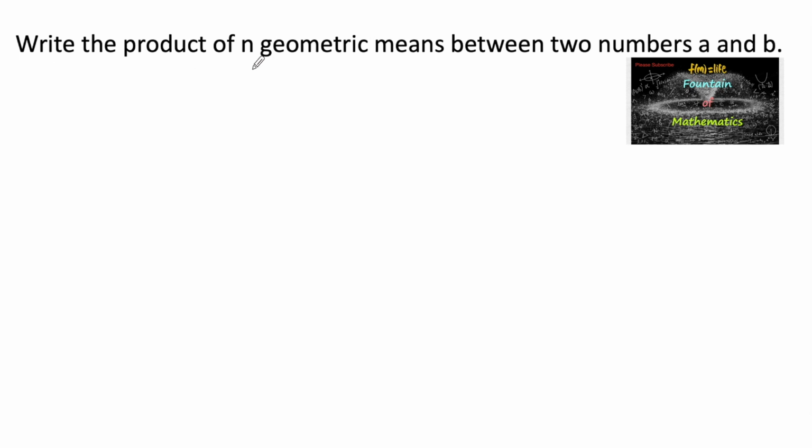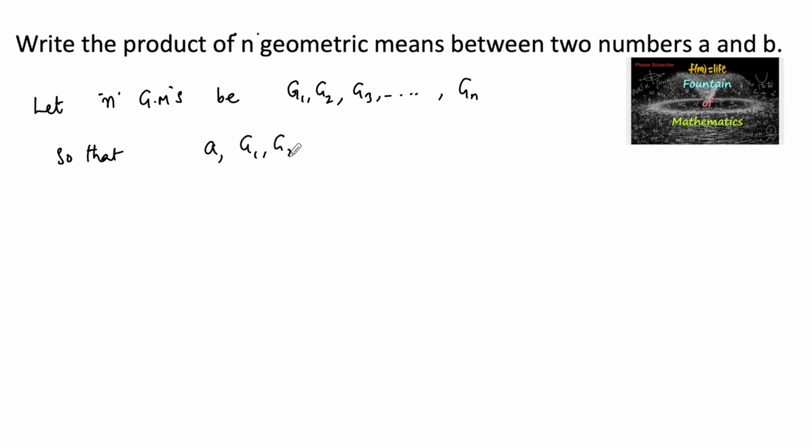Write the product of n geometric means between two numbers a and b. Let us consider n geometric means g1, g2, g3 and so on, gn, so that A, G1, G2, G3 and so on Gn, B are in geometric progression GP,